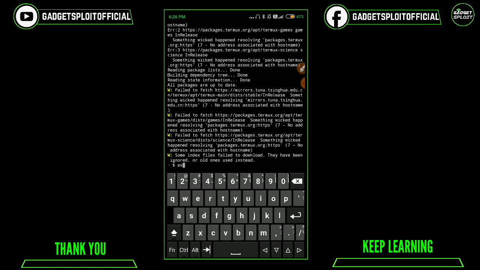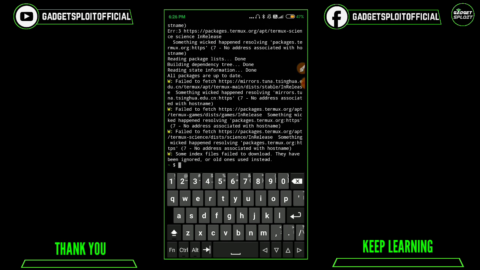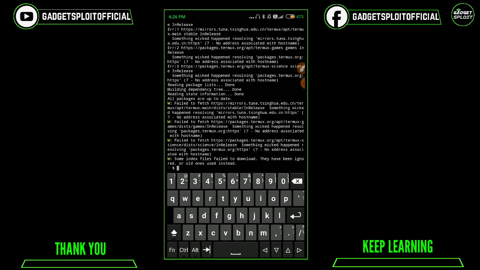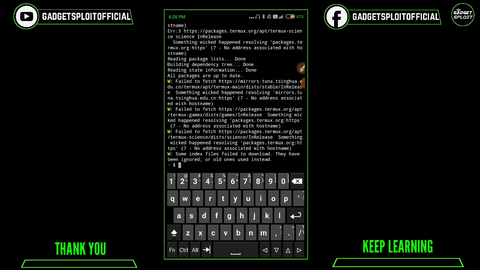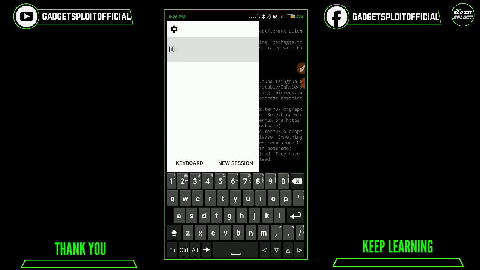Now it's time for the second thing, that is how to create a new session. And what is a session? Suppose you want to multitask in Termux, but you cannot open Termux twice on the same mobile, right? But there is a feature in this application: just swipe left and you will see options like keyboard and new session. In short, a session is a kind of page. Suppose you have a book and you want to write on two pages at the same time. You open one page, and on the other hand you open another page of the same book, so you can write on both sides of the book at the same time.